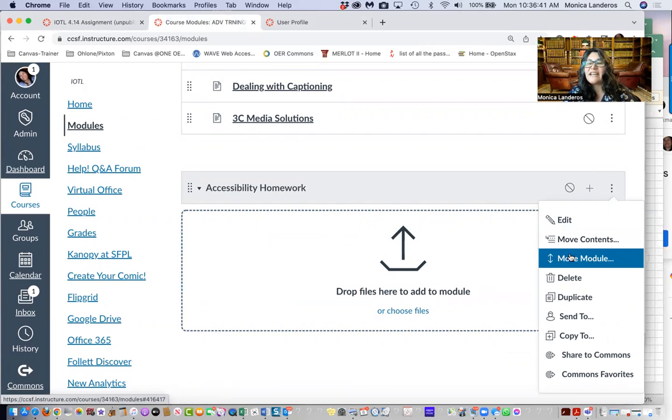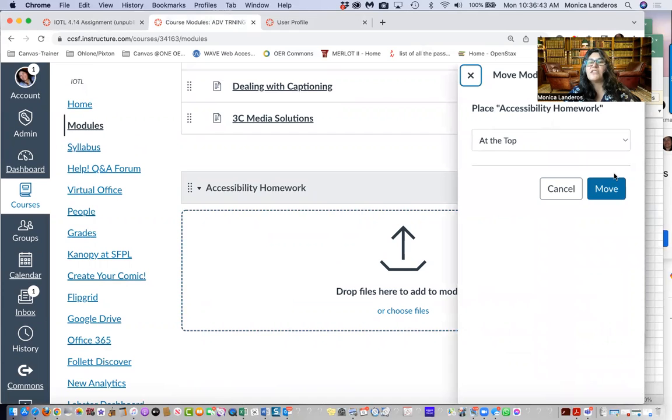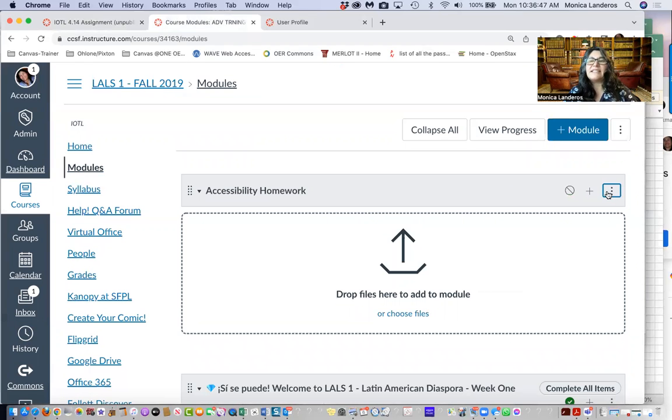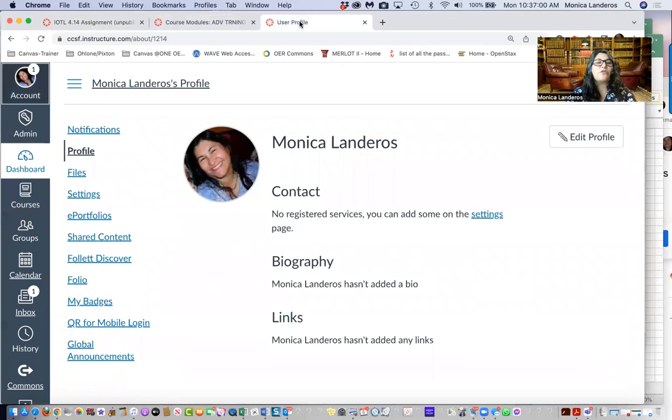I'm going to move the entire module up to the top. Why? It's just easier for me to be able to find it. It's going to be easier for your graders to be able to just go and pop in and there it is, right? So now that I have this as a placeholder,